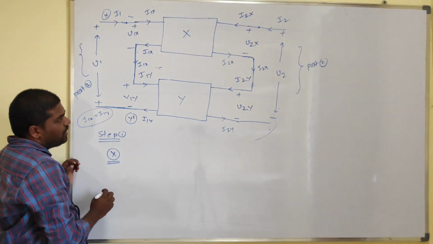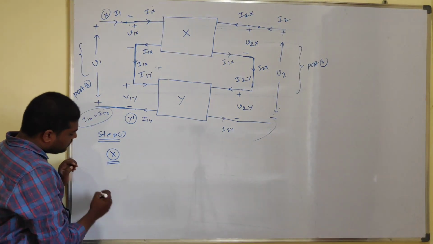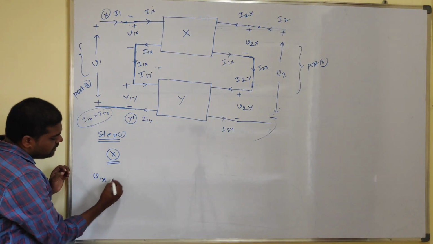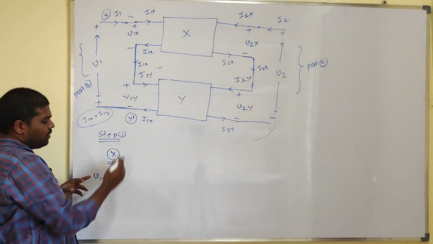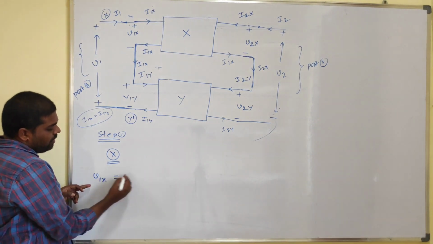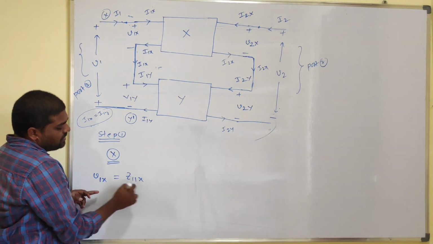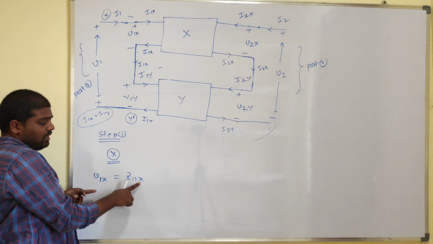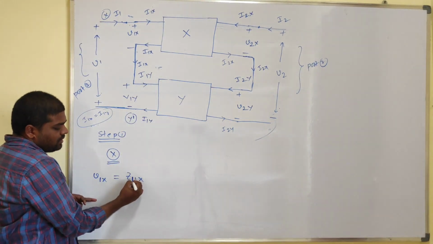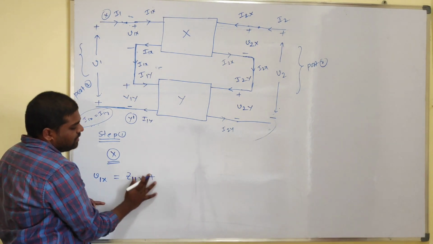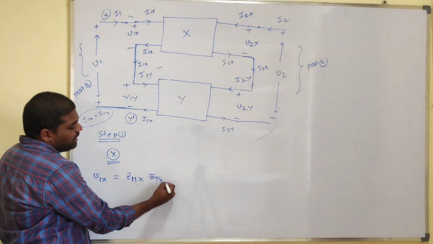For this X two-port network, the variables are V1x, I1x, V2x and I2x. I will take the suffix x for the Z parameters of the X two-port network. So V1x equals Z11x into I1x